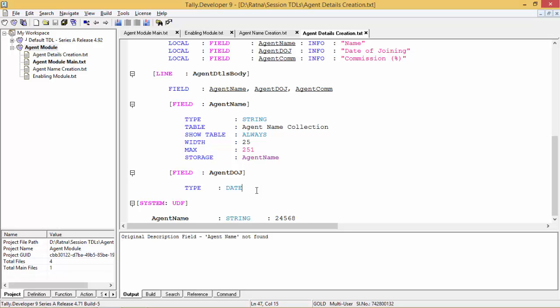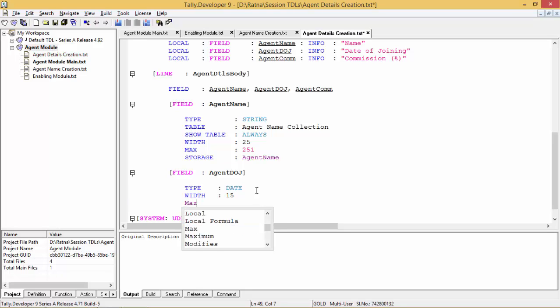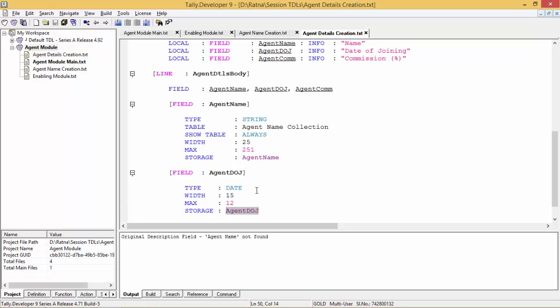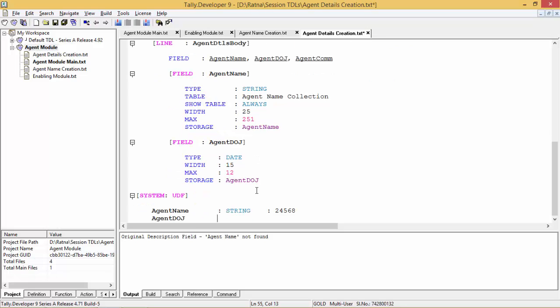Then a date of joining. Then the width of the field should not exceed 10 to 12, so max 15 width, and max characters should be 12, and we require a storage, agent DOJ, and every storage has to be under system UDF, data type date, and 56741,